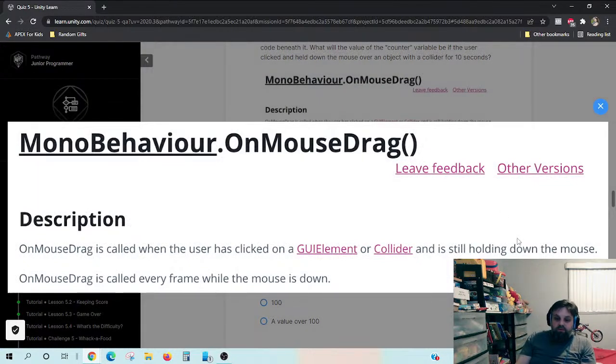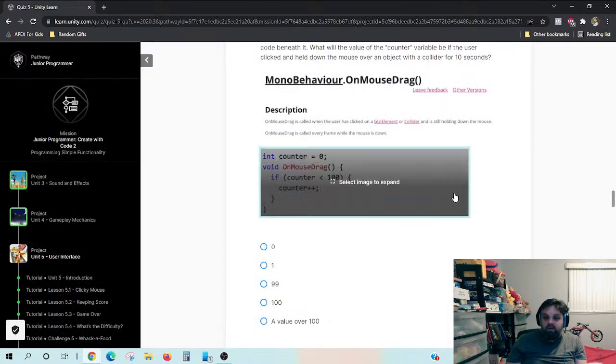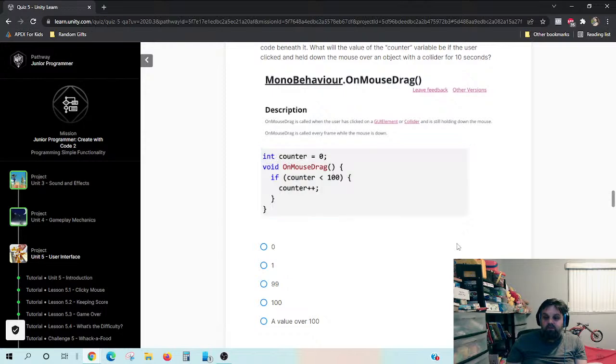Okay, on mouse drag is called when the user has clicked on a collider and is still holding down the mouse. The mouse drag is called every frame while the mouse is down. So counter equals 0, on mouse drag down, if counter is less than 100, count plus plus. Okay, and then if you hold it for 10 seconds,